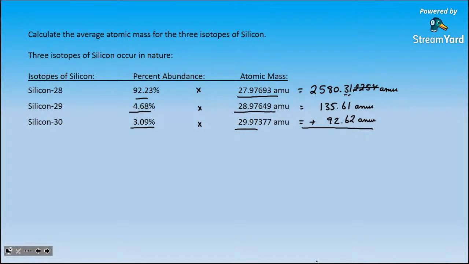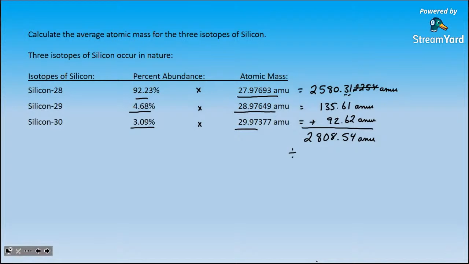So 2580.31, but I'm actually going to go back in my calculator, scroll up to the full unrounded value, just because that is more accurate. I'm going to do that for each one of my 3 answers, add them up, and I get 2,808.54